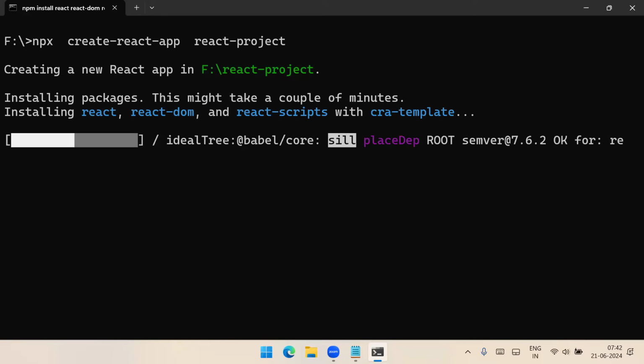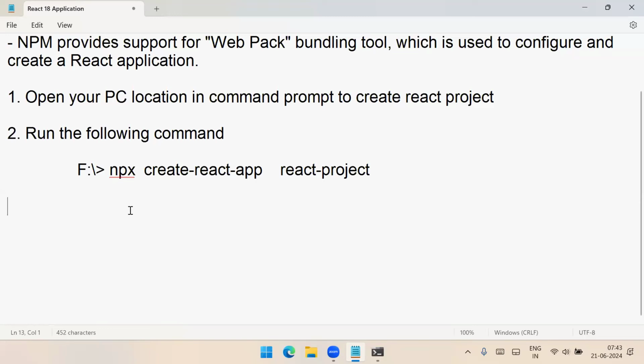In our previous example, every library we manually downloaded. React library, React DOM library, and Babel library, everything we downloaded. But here it will set up everything for you. You can see Babel core is being installed. So it will take some time to create a complete project environment for you. Once the project environment is created, we will see what the environment looks like. So what we need to do after creating the project, now you can